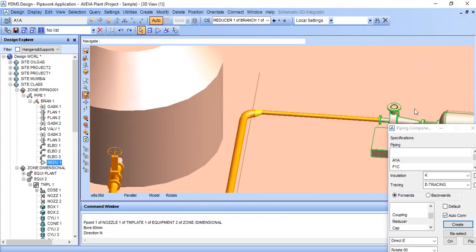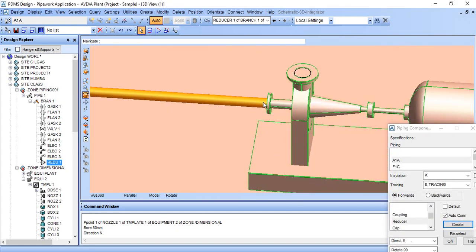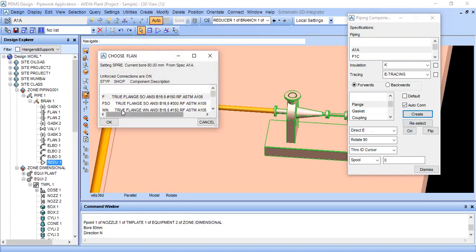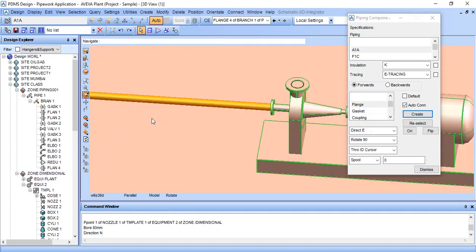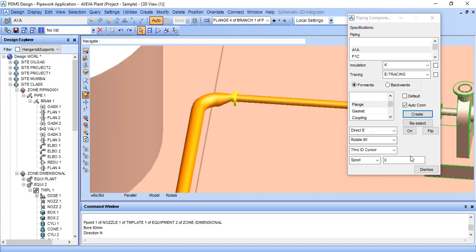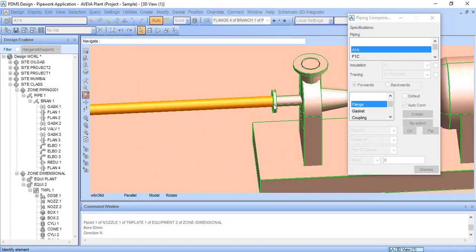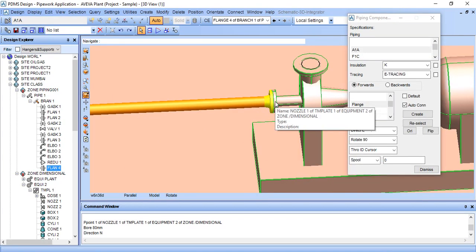And then we need a flange and gasket here. So first of all create a flange, weld neck, create. After creating this, just click on ID cursor and click this nozzle.